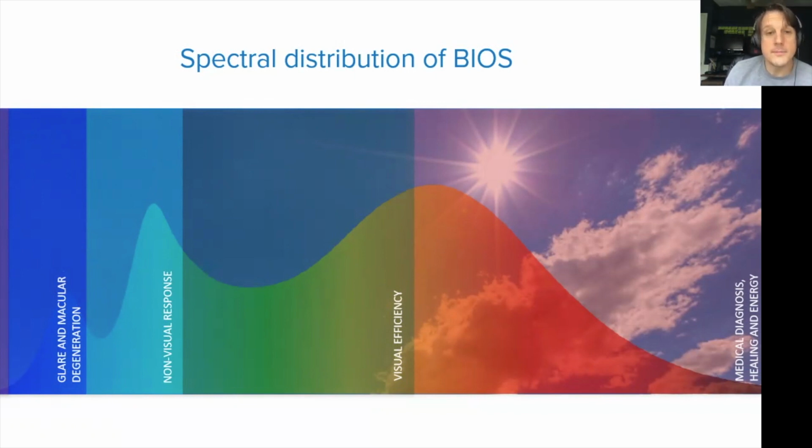And BIOS specializes in doing that without fundamentally altering what the light looks like coming out of the fixture. There is a slight shift when you turn this BIOS range of light on, but essentially, if you spec 3500 Kelvin or 3000 Kelvin, it's not going to feel essentially different when this BIOS pattern of part of the spectrum is enabled. So talk to me a little bit, Larry, about understanding what the purpose of this technology is,